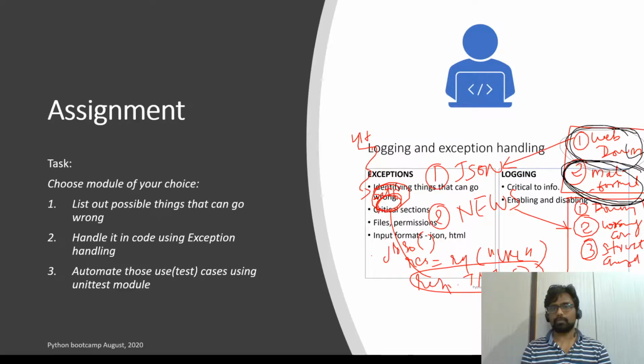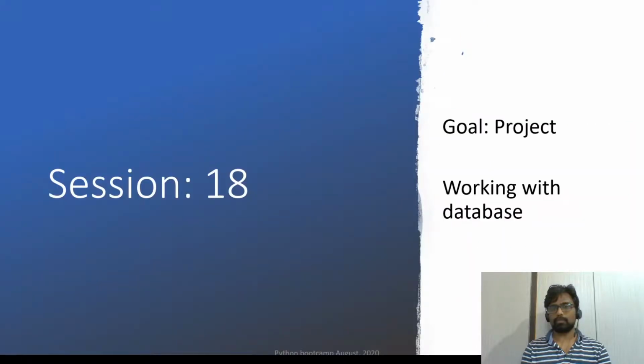All the things that we discussed at that moment: we took two components, JSON input and news, and we listed out all the things that can go wrong. That means the external website could be going down, or it can send a malformed object, and our JSON will crash and it won't do any job, and the customer will be unhappy. That is what we discussed, and we wrote code for that, and also we wrote unit tests for that. If you remember, we did 3-4 test cases, and it automatically keeps running all the test cases whenever you run it. So that is about that.